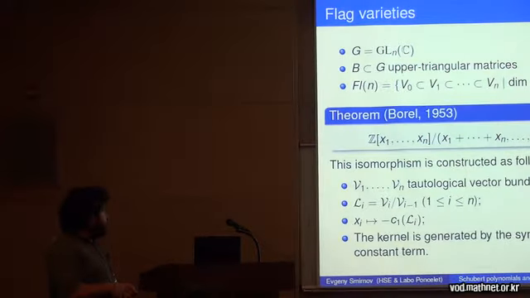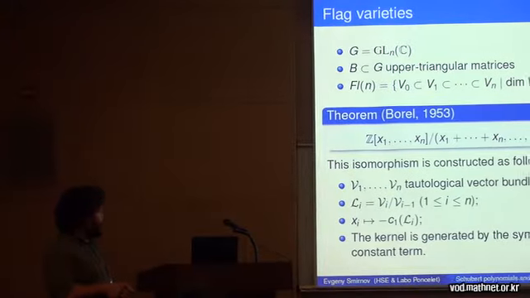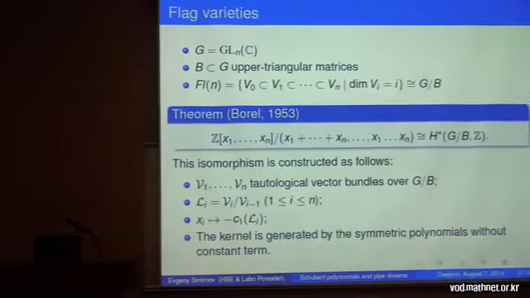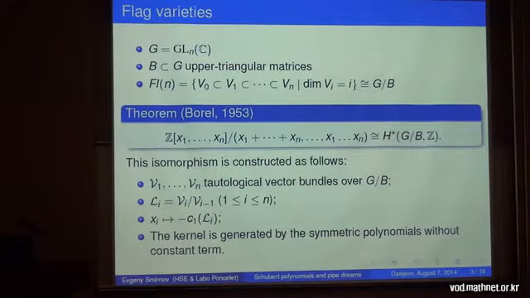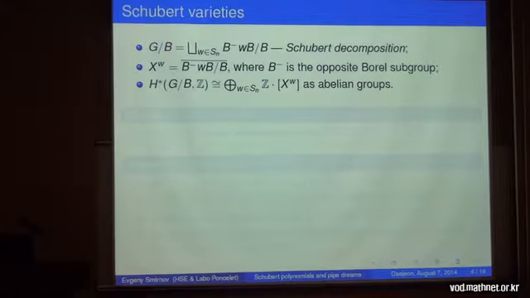You can mod out each of them by the previous one, so you get an n-tuple of line bundles, and for each of them you can take their first Chern classes with a negative sign for some reason, and these Chern classes correspond exactly to those x_1, etc., x_n. So this is a classical result of Borel, which describes the cohomology ring of a full flag variety